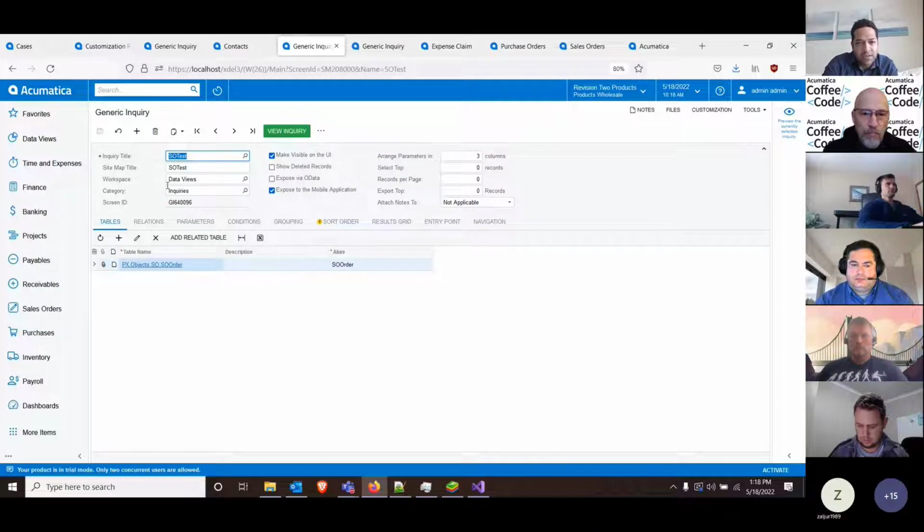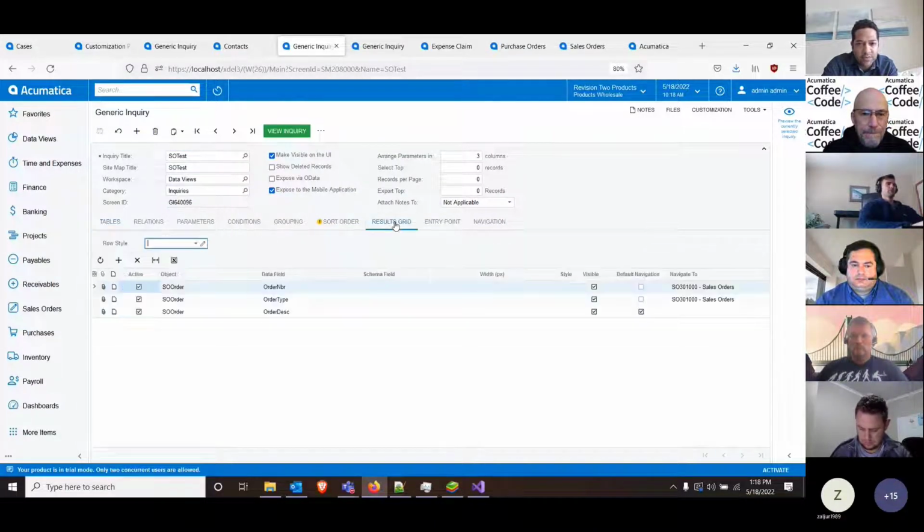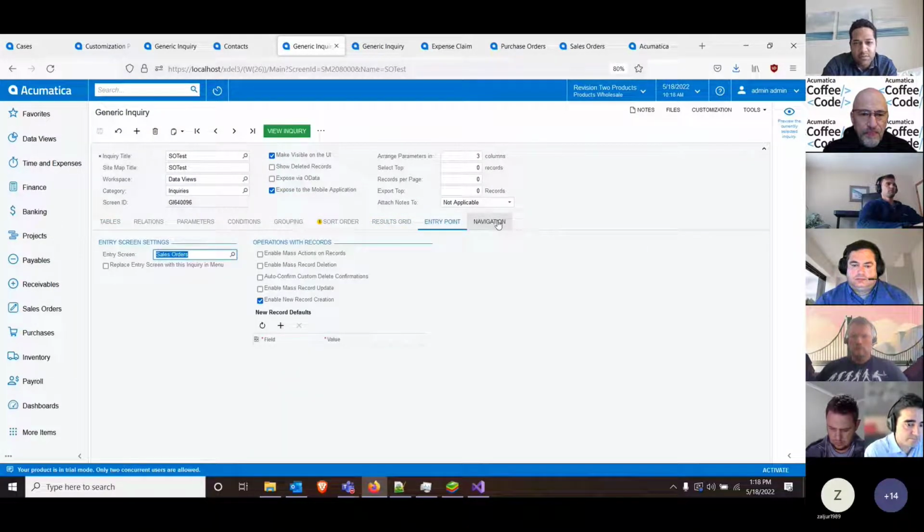Okay. And yeah, this is another GI that I created. It's a very simple GI, just showing 3 fields. And even though it had some navigation redirection configured, you will see if I use this checkbox, it won't do any navigation, any displaying of the contacts or the sales order screen in this case. So before we see that in action, I want to check the